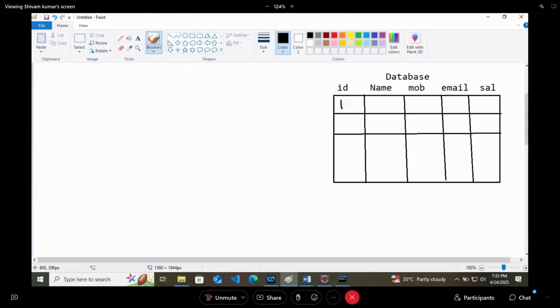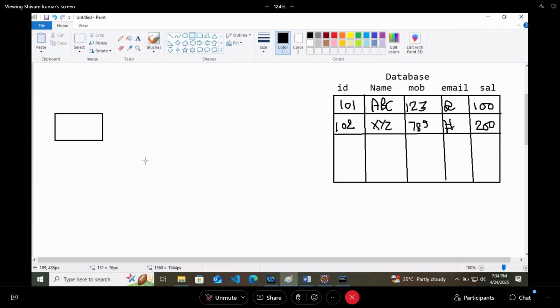Values like 101, name is ABC, mobile number is 123, email ID something at the rate of, and salary is 100 rupees. Then we have the second employee, 102, XYZ is the employee name, 789 is the mobile number, hash is the email ID, salary is 200. This is how the data of employee is written in this database.